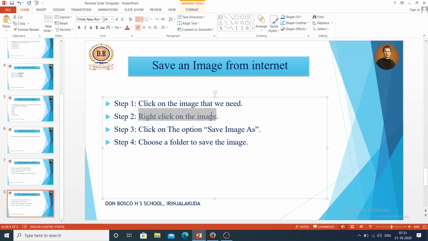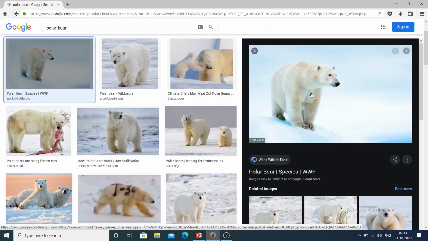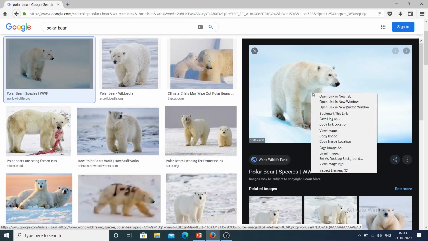Right click on the image, and step 3, click on the option save image as. Right click on the image and you can see an option called save image as. Click on that.